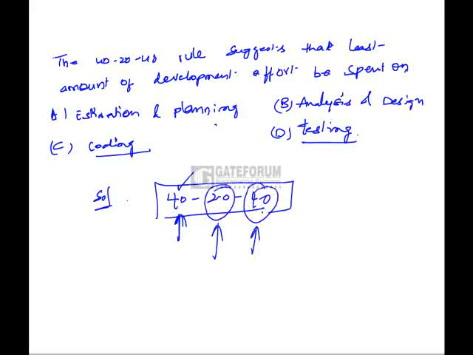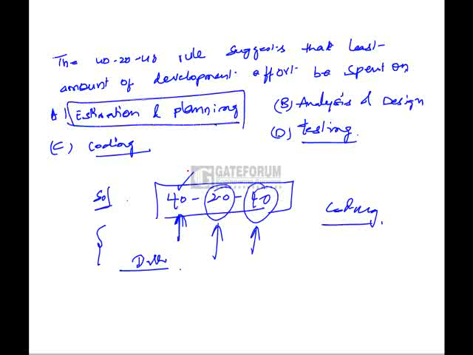So that means the least effort we put is on the coding part, because once the analysis is made and the design is proper regarding the flow of data, all the data flow diagrams and all, the coding part and selection of language will be very easy. So the least amount of effort goes to the coding part of the software. Estimation and planning comes before analysis, and is related to the cost estimation of the project. The testing part and the analysis and design part incur more cost and more effort, whereas the coding part requires only less effort. That means the coding takes very less